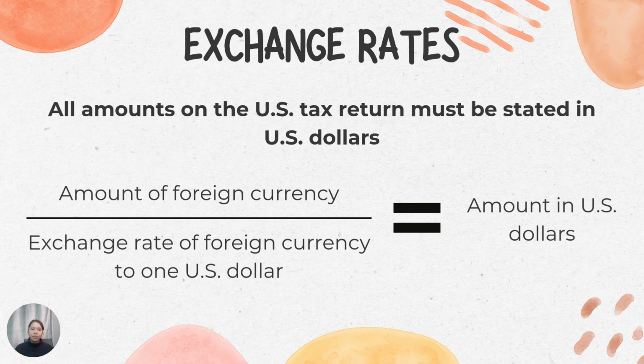So, speaking of this, we are talking about exchange rates. All amounts, when you're reporting them on the US return, have to be in US dollars. So if you're receiving income from a foreign country that uses a different currency, you're going to need to convert that to US currency using exchange rates, which you can really do by Googling on a calculator, like exchange rate euros to dollars or exchange rate pesos to dollars. It's pretty easy, or you could do the math. Either way, up to you.